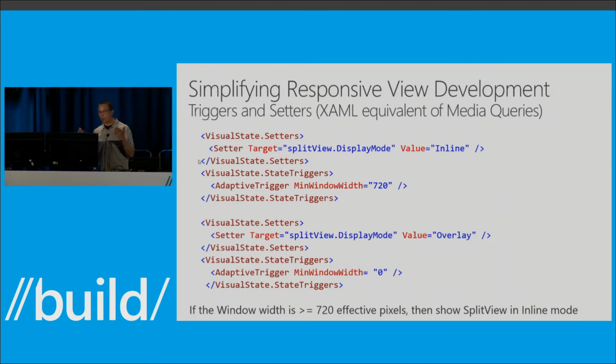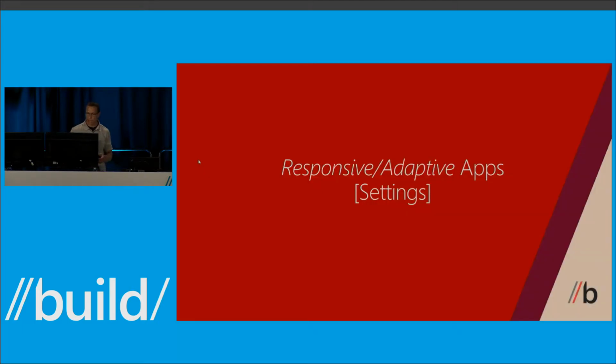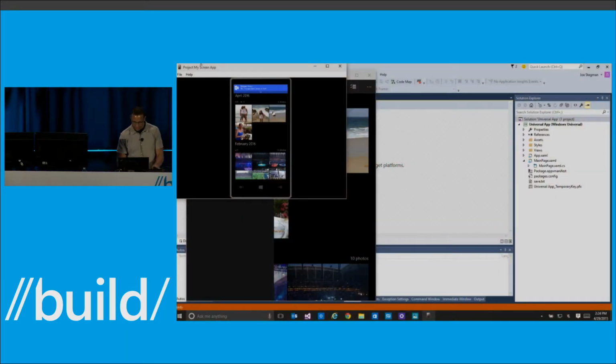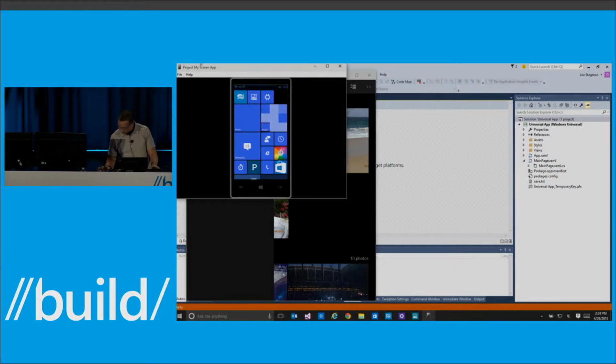So this is a really super powerful way for you to really easily define the rules that allow you to sort of adapt your app. So the other thing we've done is I'm going to jump back. Sorry for the disjointed nature here. Let's jump back and look at, while I'm on the phone here, I'm going to pop up